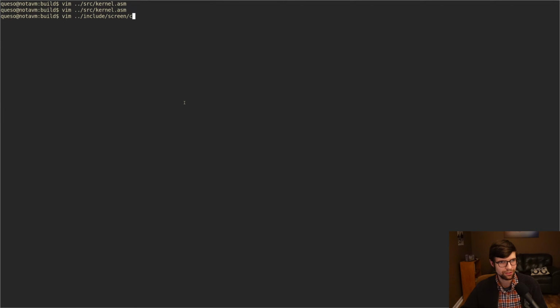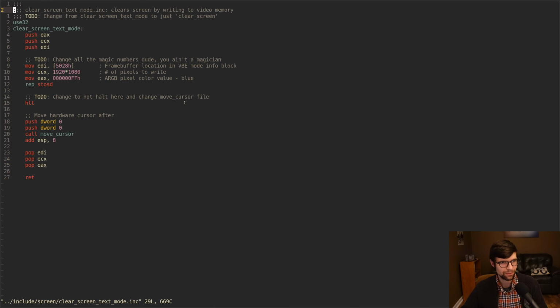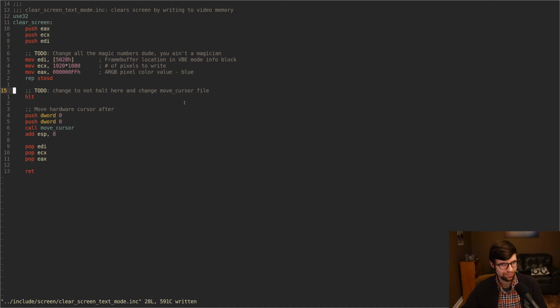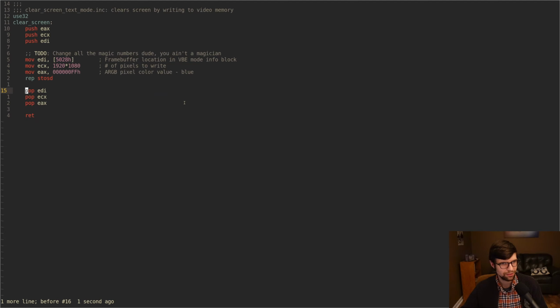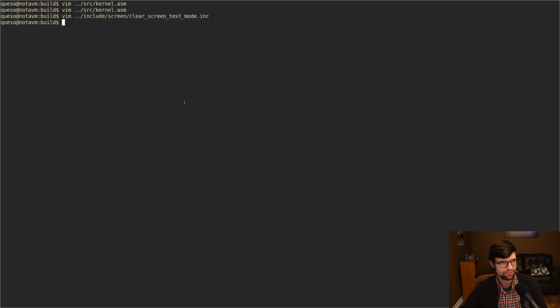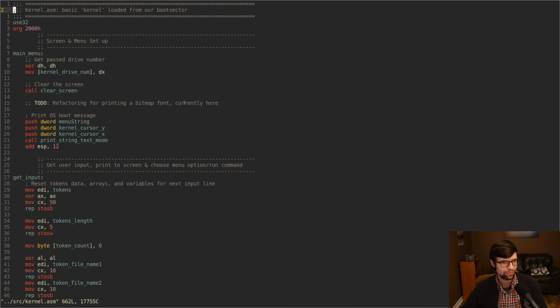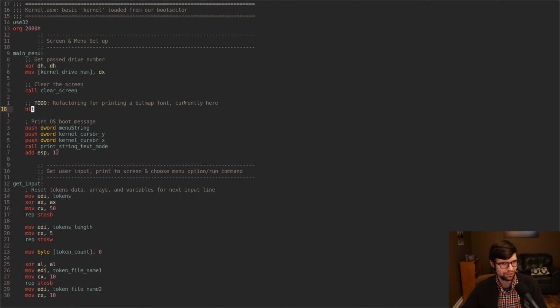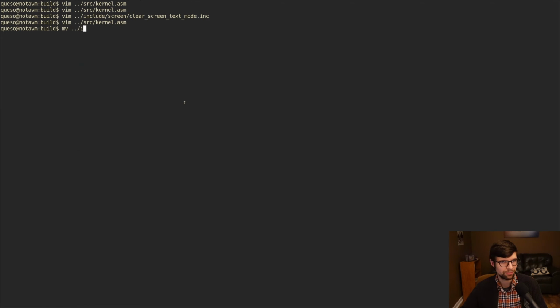Okay, let's go to clear screen, which is not going to be text mode anymore. I'm going to rename it in a second, so I'll get rid of that to do. Change move cursor. We do need to change that, but we don't really need to move the cursor after this stuff, so I'm just going to get rid of that. Okay, so that'll simplify that a bit. I'm going to halt here to ensure stuff still works, right? But I am going to move